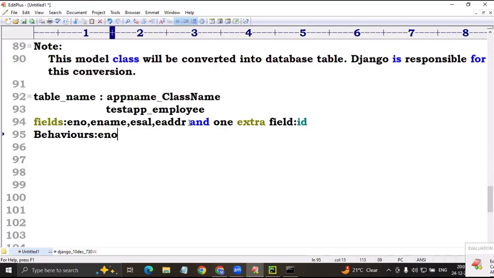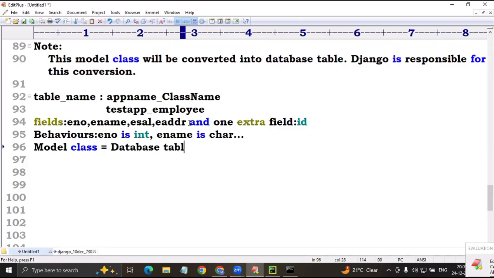Behaviors: employee number is the integer type, employee name is the character type, and so on. So finally, what is a model class? Database table name plus field name plus